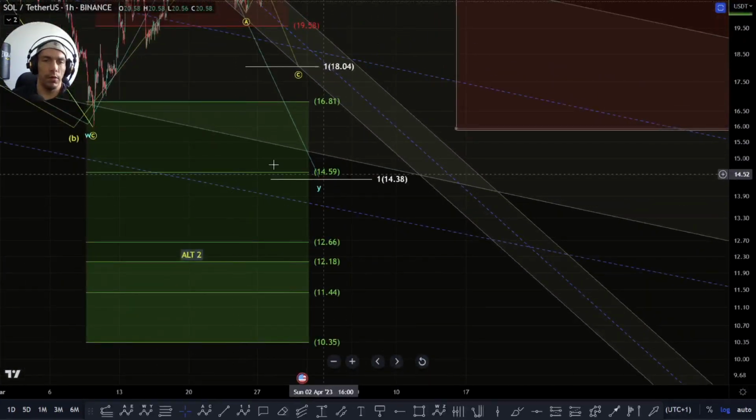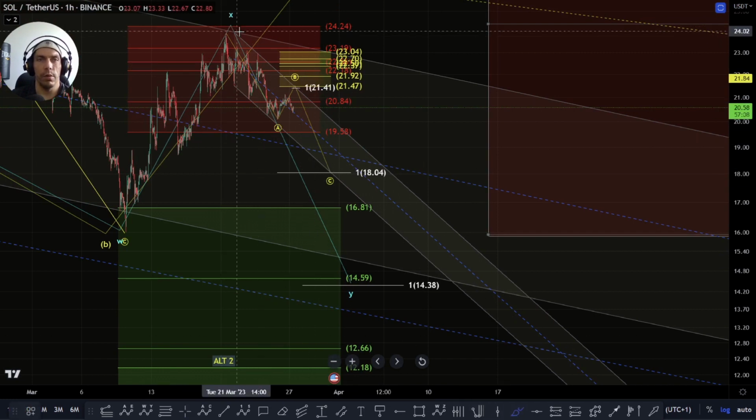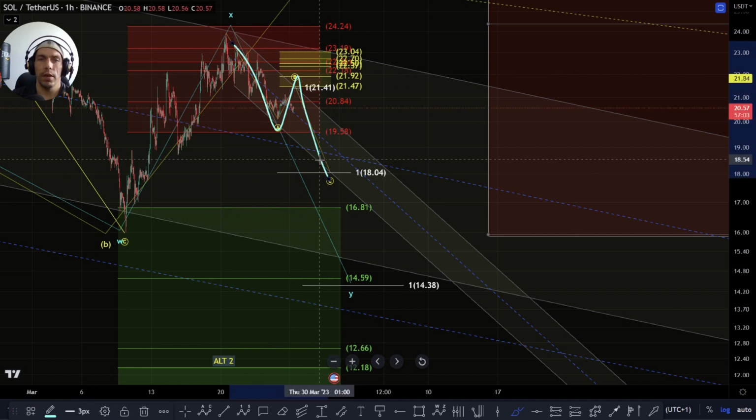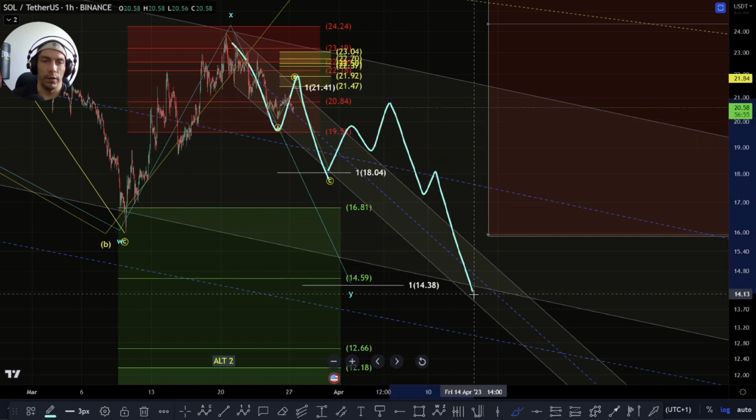So we need to be aware that there is still that potential that this is an incomplete correction. And if we do get a three-wave move down here, it's going to be important to see whether we can get back above this high. If we get a three-wave move like this, ABC here, what I'll be looking to is this retracement to the upside. If we just get another three-wave move up,